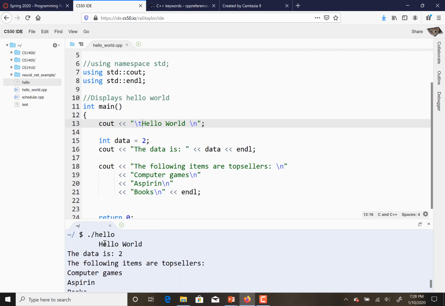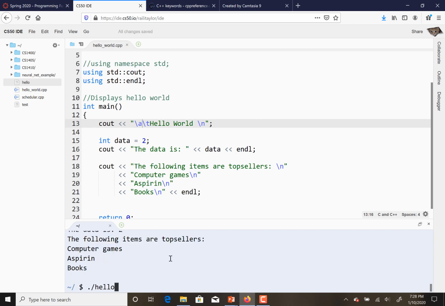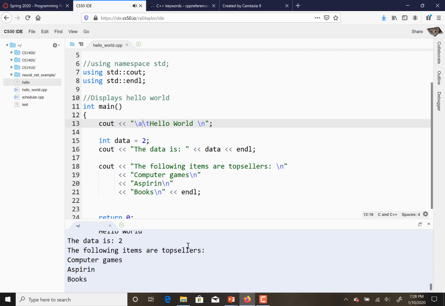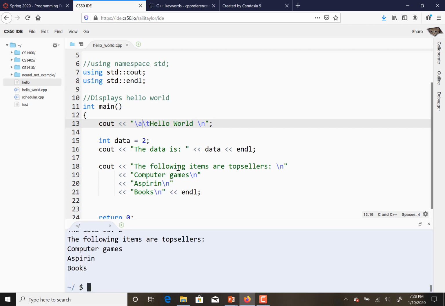So if we go back up here, notice how there's now a tab in front of the hello world. There's also a \a, and what that does is it causes a beep or an alarm. So let's see what it does. It's different depending on what operating system you have, but we'll see. So it looks like on mine it didn't actually do anything, but try this \a on your computer and see